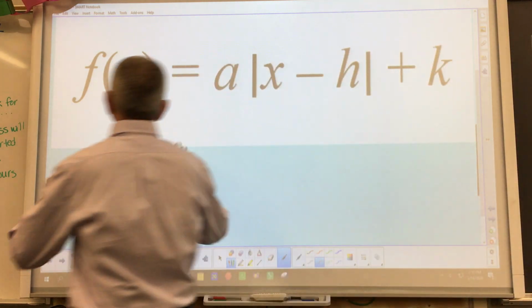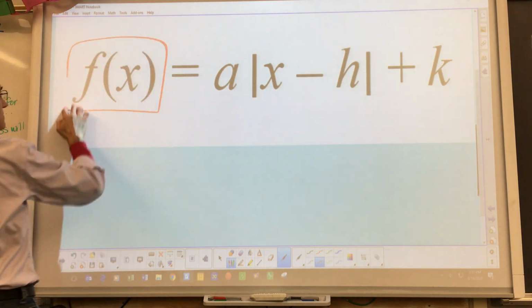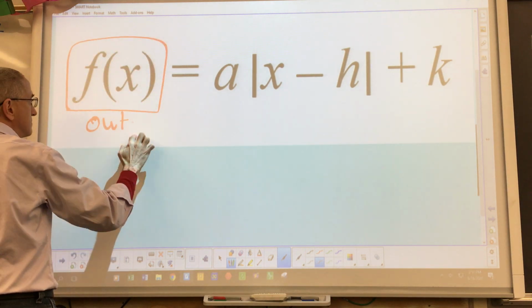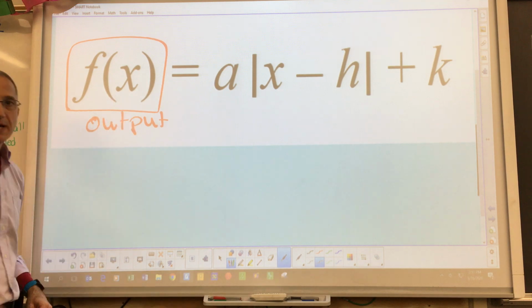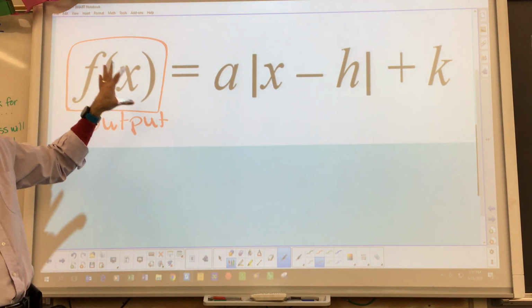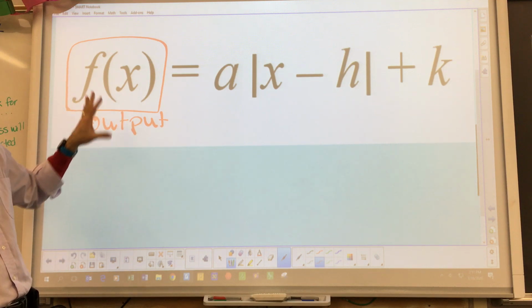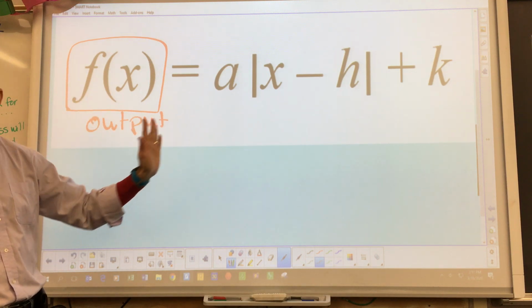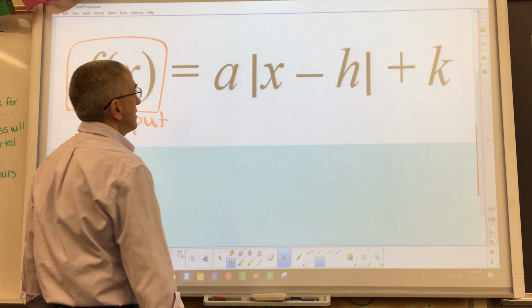Okay. This is my output. Whatever numbers I put in here, the answer, my y value, will be here. This is how high or low I'm going to go every time I put in a new x. Okay,